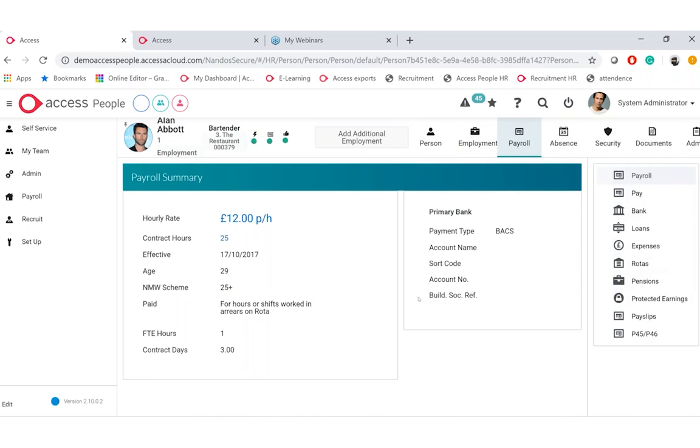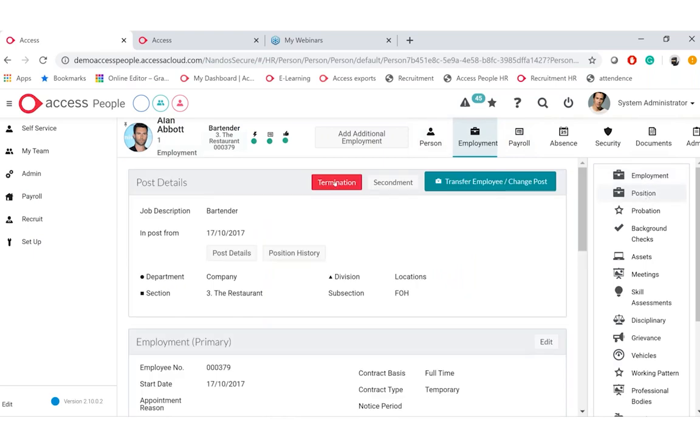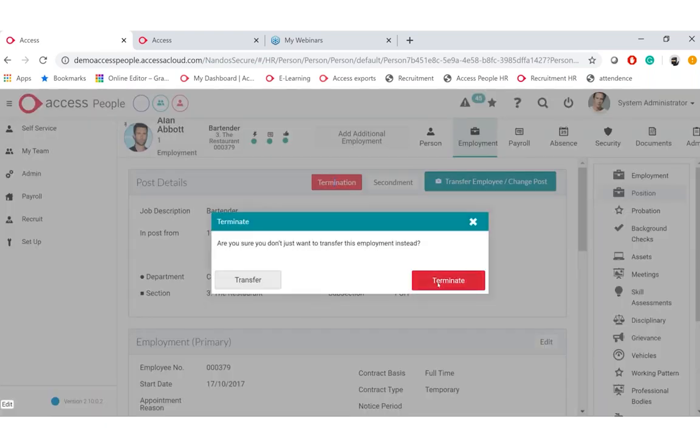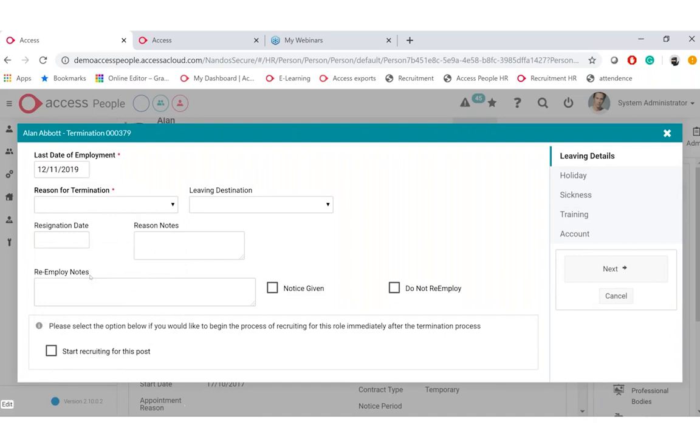Now, when it comes to actually an individual leaving, so if we just go into, let's say, Alan, we also want to ensure that same process is going to be a positive one as well. So we want to ensure we're going to have that right pay for them and we're communicating the right information with payroll. So what we're now going to do is, if I just go back into employment, now when terminating an employee, it will ask you what their leave date is. Put today's date.